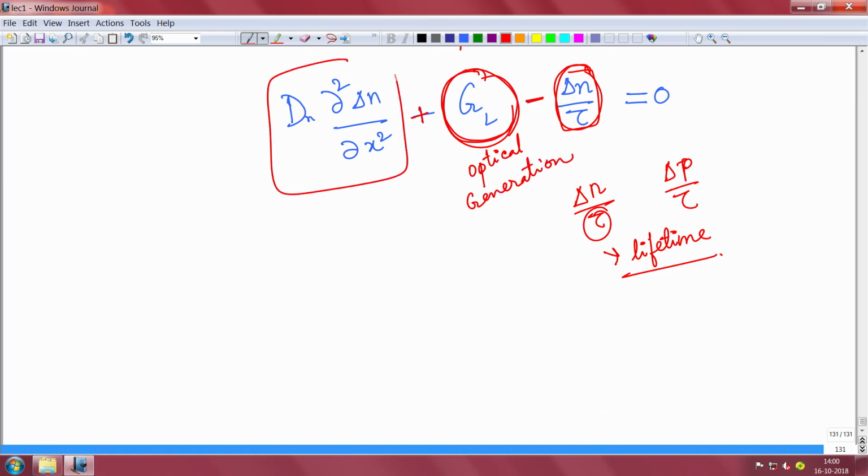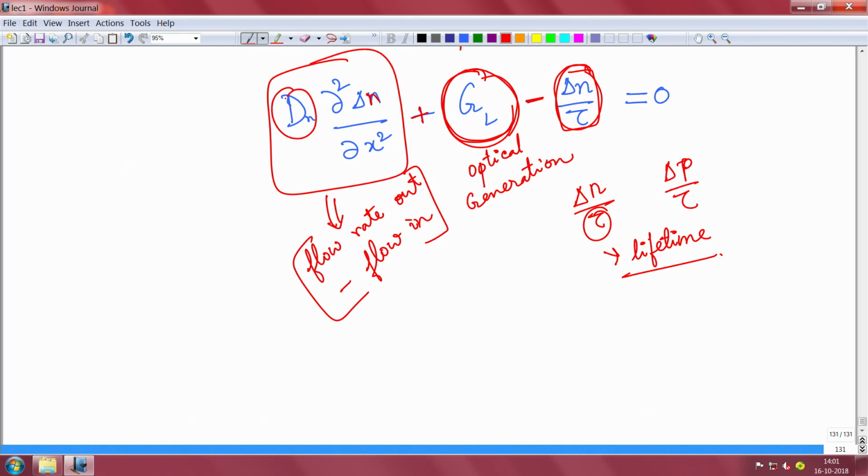And this term refers essentially to the particle flow rate in and out, the flow rate that is out minus the flow rate that is in. Essentially it tells you that in a particular sample, carriers are coming in and going out because of current, and that rate of buildup is captured by this term. It's a second derivative of the excess carrier, and there's a diffusion coefficient here of course. We had neglected the electric field in this equation. I told you if you put in the electric field, it becomes a little bit longer. We are not discussing that in the course right now, but if it is necessary, we will discuss it as and when the necessity arises.